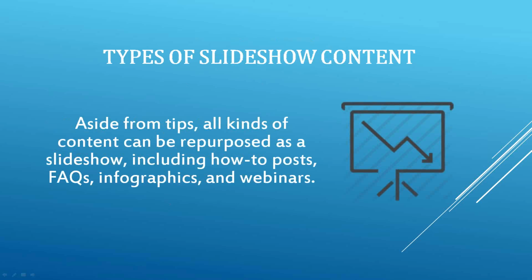Types of slideshow content. Any kind of content can be turned into a slideshow, guys, or a slideshow video, and there are certain types of content where it works the best. The step-by-step how-to post is ideal for slideshows, okay, because each slide is a new step. The slide provides the visuals necessary to help the viewer accomplish the task, okay, so that works really well. Any content offering tips can be turned into great slideshows. You just summarize each tip in one sentence, put it on the slide, and then explain it by utilizing your voice. FAQs are good for slideshows,